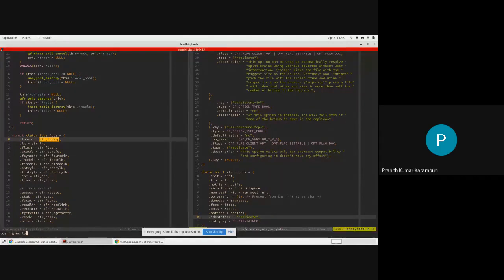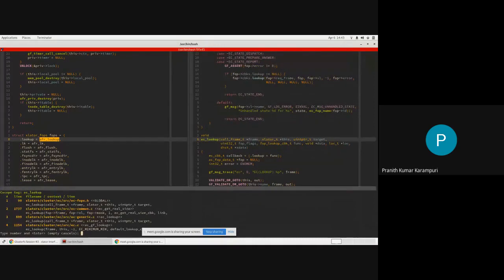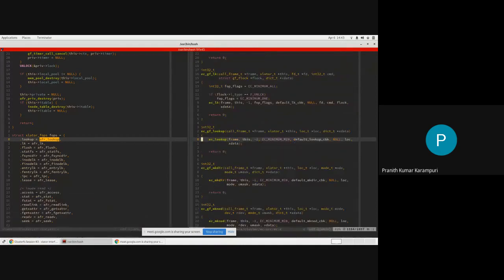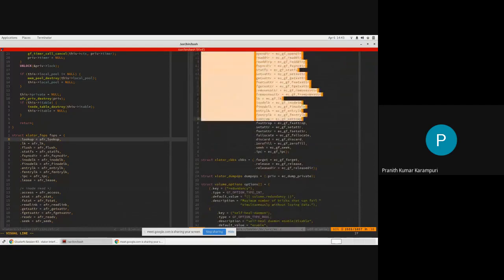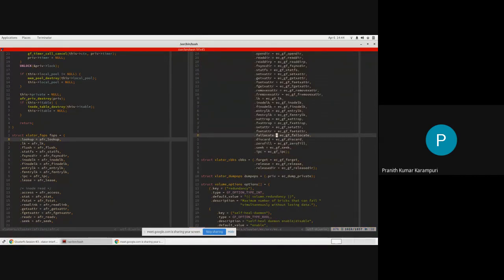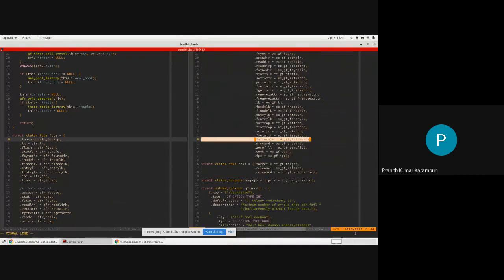Similarly, let me look at EC. So this is how EC implements this. Each file operation that it wants to implement, it will add the implementation, and then it will add it to this Xlator interface.